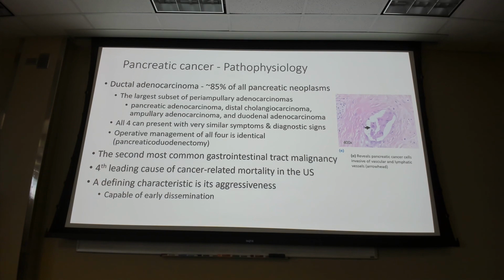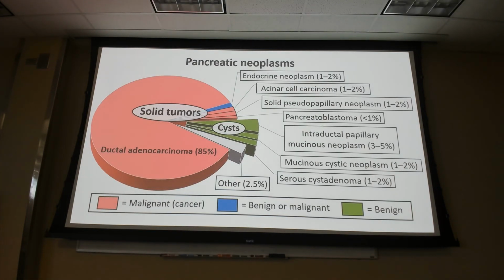Anybody know anybody that's had pancreatic cancer? Usually it's like a death sentence. It's not good. And then here's just a breakdown. It kind of shows you, the ones we're most concerned about are the ductal adenocarcinoma. They're the most common. But here it just gives you a representation of all the other ones that they can